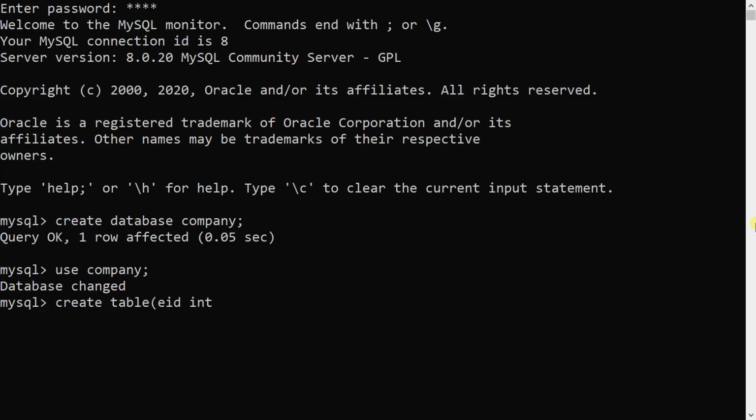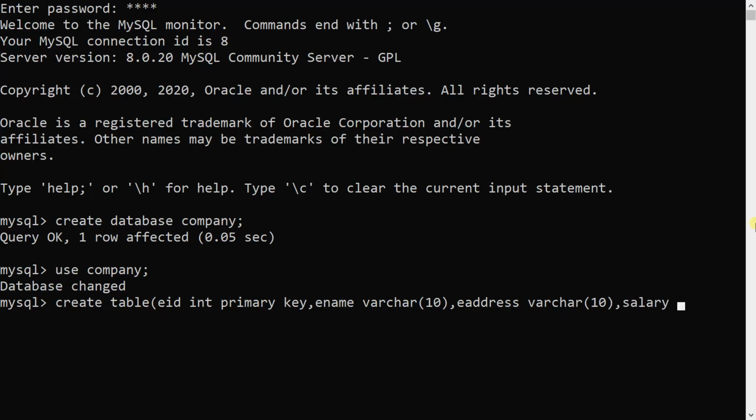EID, int, primary key, then E-name, its data type, varchar, then E-address, varchar 10 and salary.